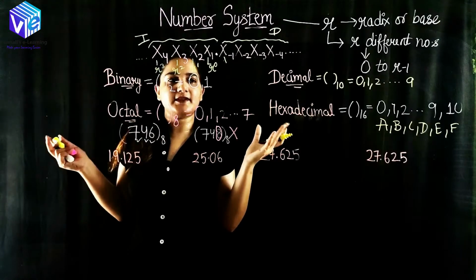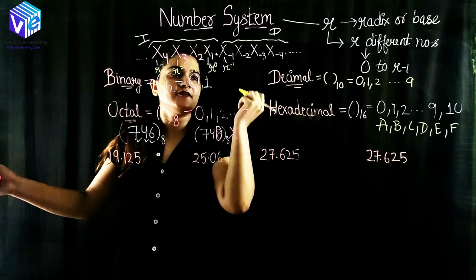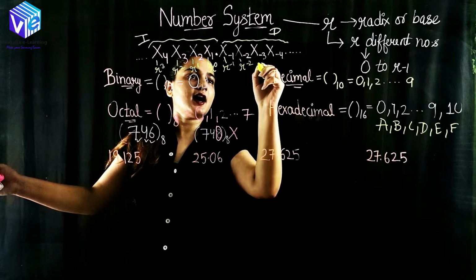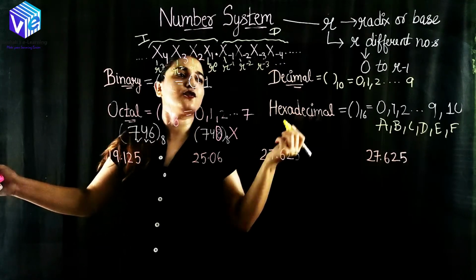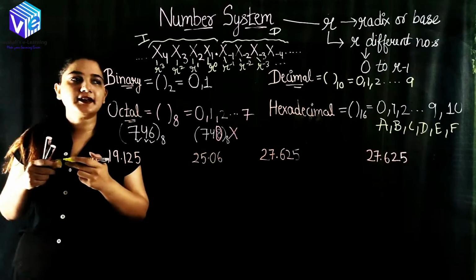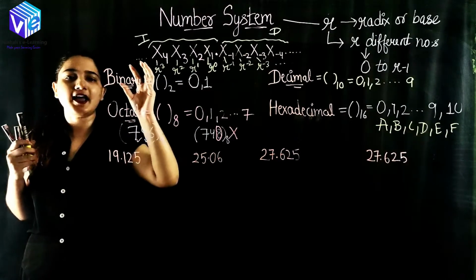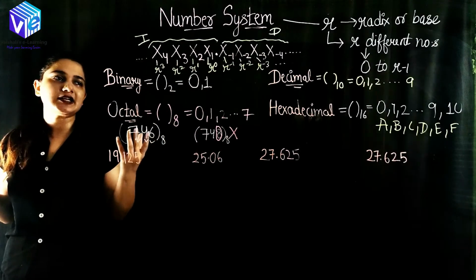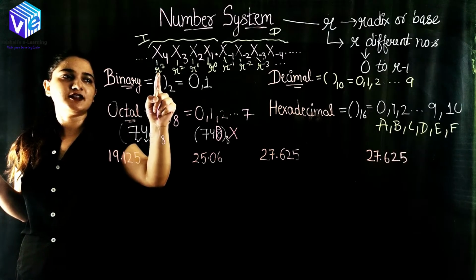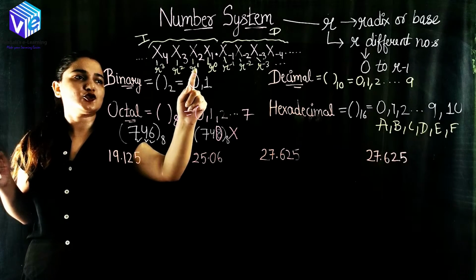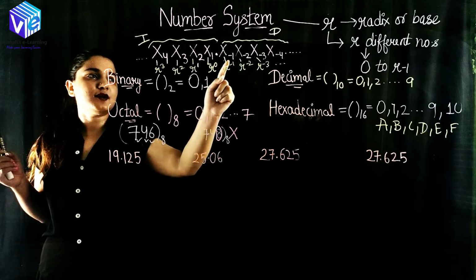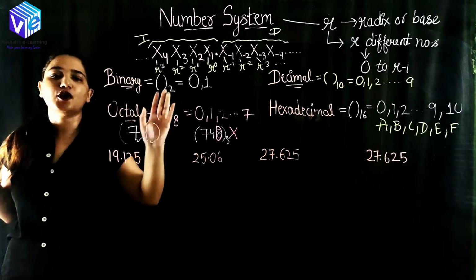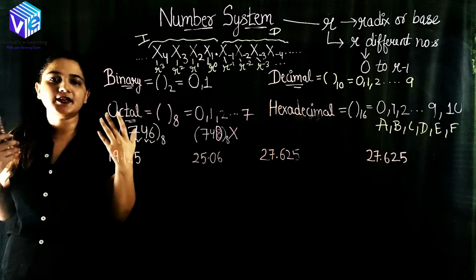Now we are moving to the decimal part. In the decimal part we are multiplying the first digit with r raised to power minus 1, the next with r raised to power minus 2, the next with r raised to power minus 3 and so on. So this is how we can combine all of the digits. If I know which digit is at which place and I need to find the resultant number, I will multiply x4 with r cube, x3 with r square, x2 with r1, x1 with r raised to power 0, x minus 1 with r raised to power minus 1, x minus 2 with r raised to power minus 2 and so on. I will add those things. It will give me the number in that number system.